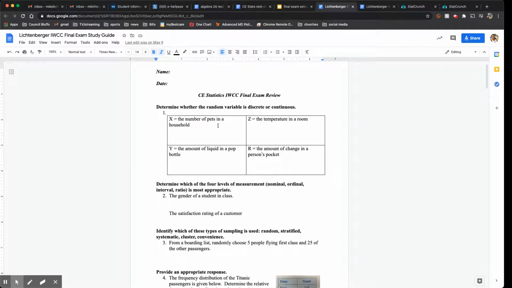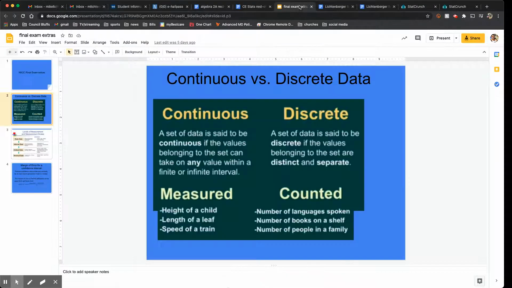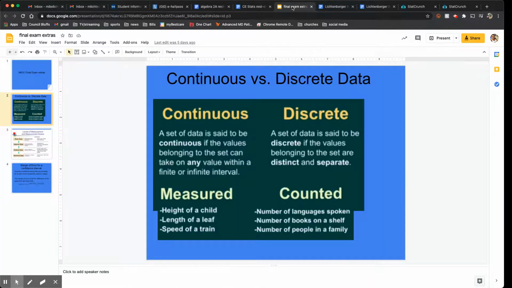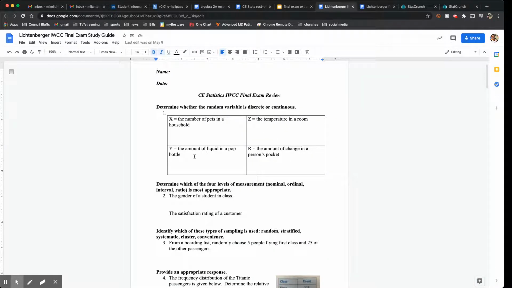So the number of pets in a household, that would be an example of discrete data because it is counted. So this first one right here is discrete. The temperature in a room is measured. Okay, therefore that is going to be continuous. So the second one is continuous. The amount of liquid in a pop bottle, that is something that is measured. You measure the amount of liquid, the number of ounces or the number of liters. That would also be